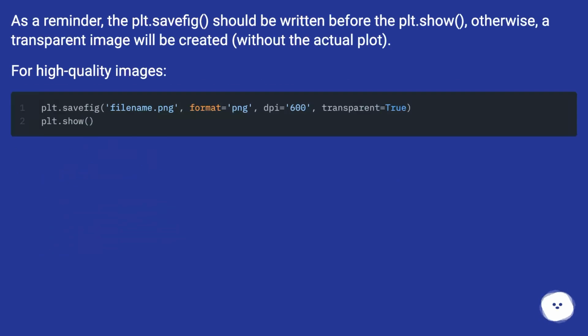As a reminder, the plt.savefig should be written before the plt.show, otherwise, a transparent image will be created without the actual plot. For high-quality images,